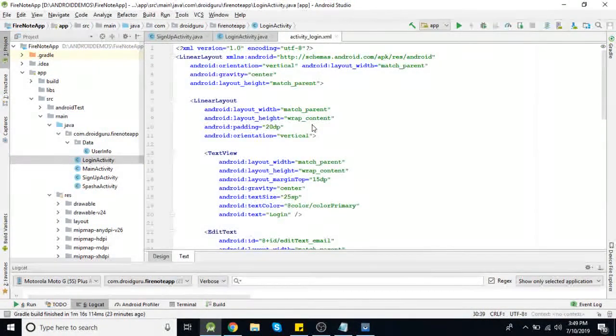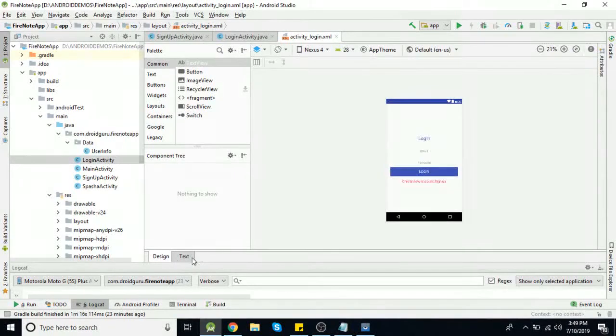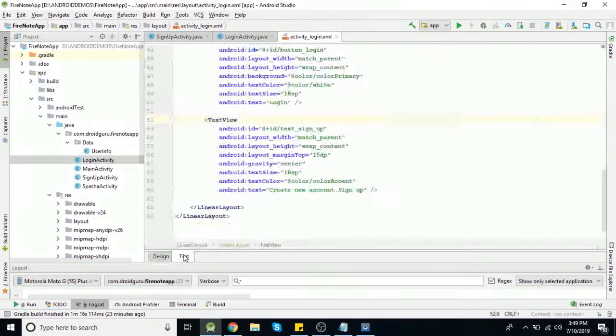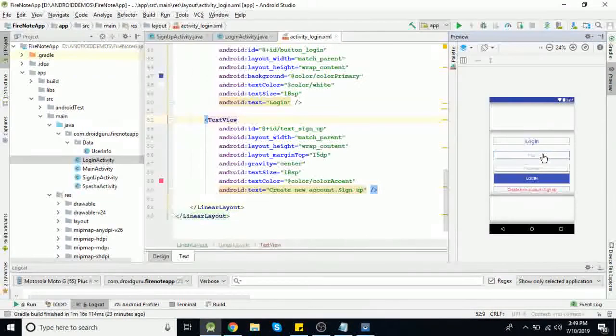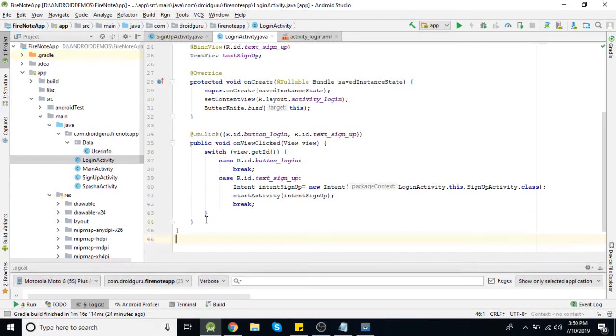So if you see here, we are using these two fields, username, that is email ID, and password. So here also we need to first validate those fields, that those fields should not be empty. So let's create one function for login. Login user.